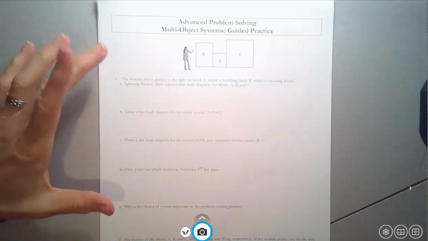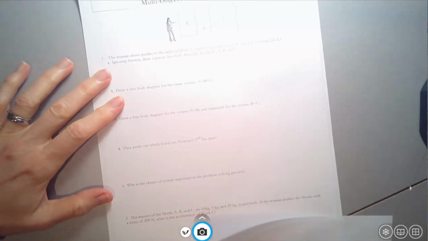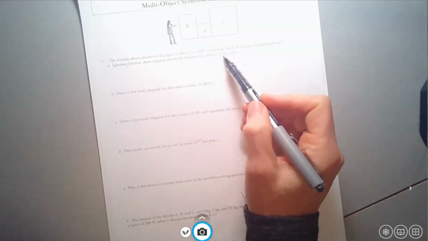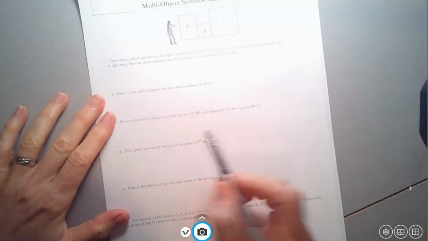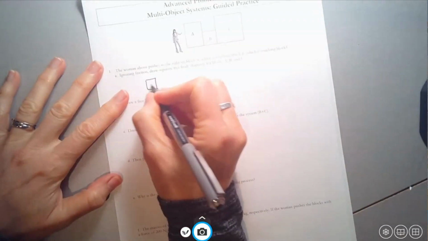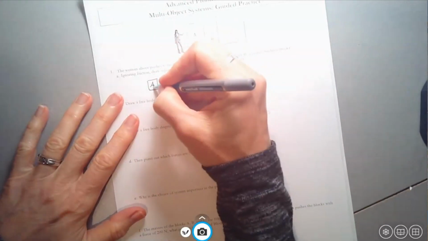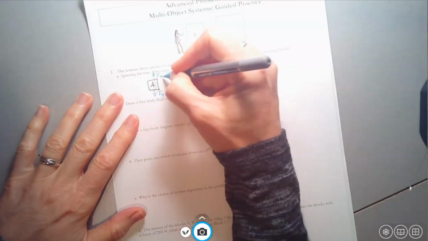The first one is looking at this situation here. She's pushing to the right on block A, which is touching block B, which is touching block C. We're going to go through a series of free body diagrams for blocks A, B, and C, and then we'll do it for the entire system, and we'll break things up. So let's do A, B, and C. We've got the force of gravity on A, the normal force on A from the floor,